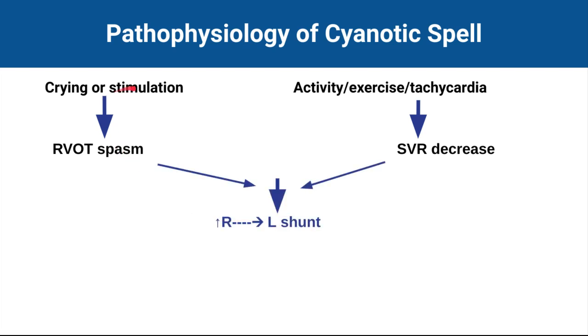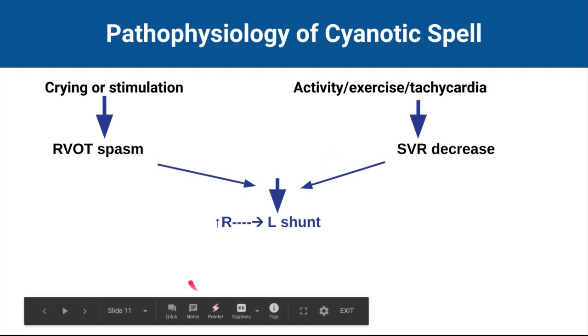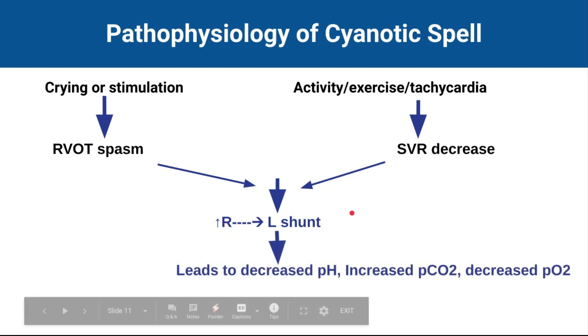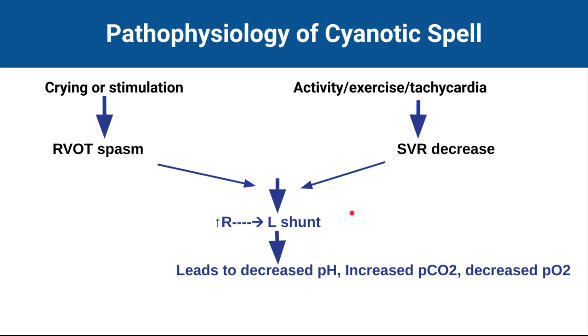Crying or stimulation leads to sympathetic stimulation, and sympathetic stimulation leads to right ventricular outflow tract spasm or infundibular spasm, which increases the resistance of pulmonary stenosis and leads to increased right to left shunt. Then this leads to decreased pH, increased PCO2 level in the blood, and decreased PO2 level,